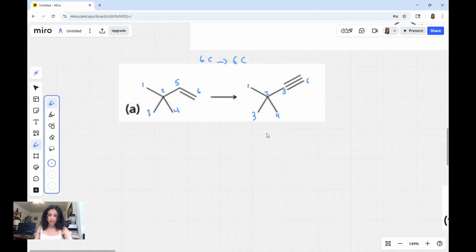So with synthesis, the way the chapter teaches us, and I think is the ideal way of doing it, is retrosynthesis, which is starting from the product and trying to figure out which starting material you need to get to that product. So in this case, we have an alkyne. And then from practice, you can remind yourself which reactions will generate an alkyne for us. And I know there are 2 ways for myself, but for reference,